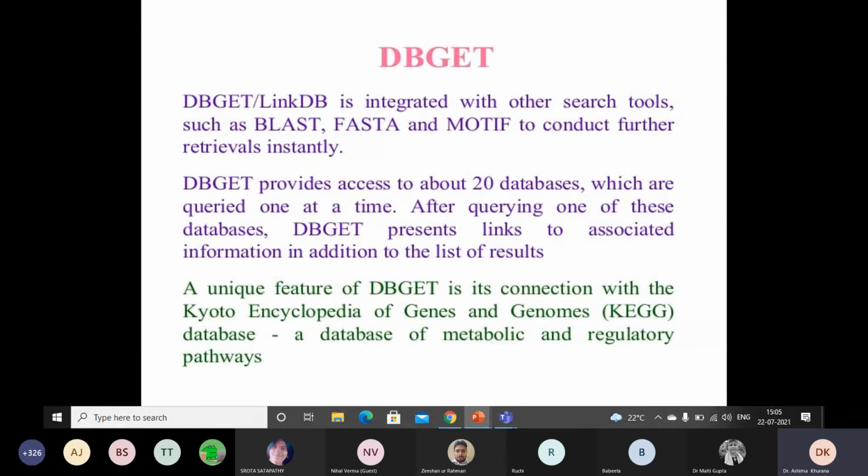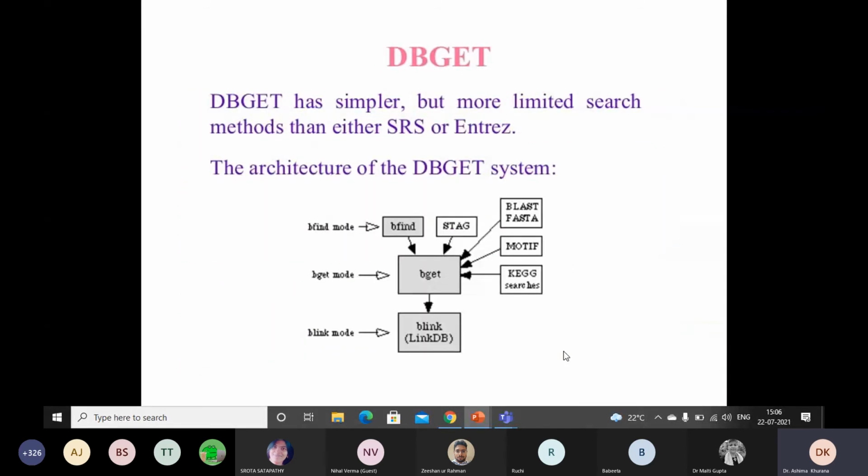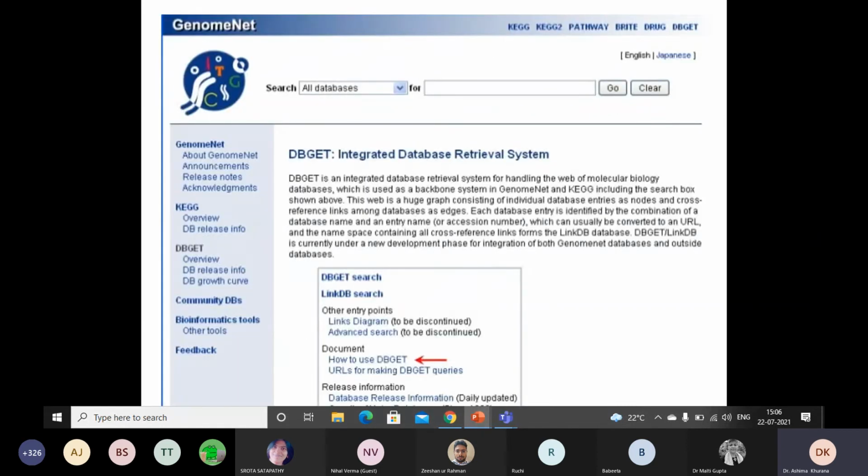After querying one of these databases, dbGet presents links to associated information in addition to the list of the results. A significant feature of dbGet is its connection with the Kyoto Encyclopedia of Genes and Genomes, that is called the KEGG database, a database of metabolic and regulatory pathways. So it has simpler but more limited search methods than either SRS or Entrez.